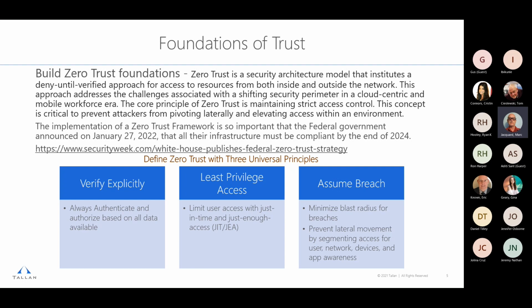And then assume breach. You always want to assume breach. Minimize that blast radius, right? What do they have access to? How could they do lateral movement? We want to prevent all of that by segmenting the users, the network, the devices, apps, all of those things, right? I always tell everybody the simplest way I know to define the principle of assumed breach, always assume it's breached, right? Is if I buy a new laptop, the first thing I do,